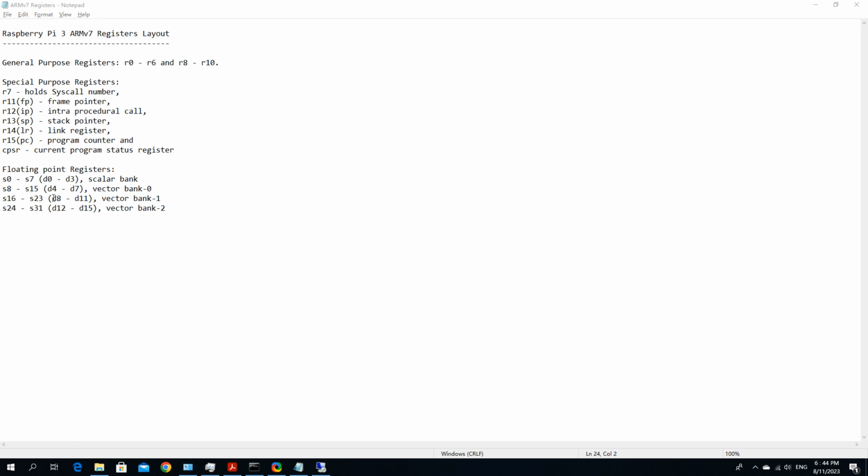And then we have floating point registers. For the floating point registers and their operations, we have a specific, different coprocessor residing in the chip, which basically performs the vector or floating point instruction operations. We have these single precision registers from S0 to S31. So we have 32 single precision